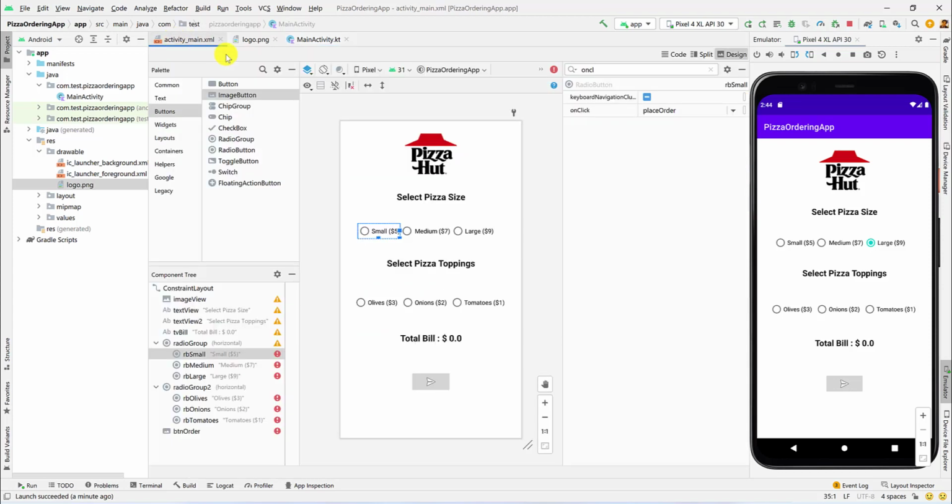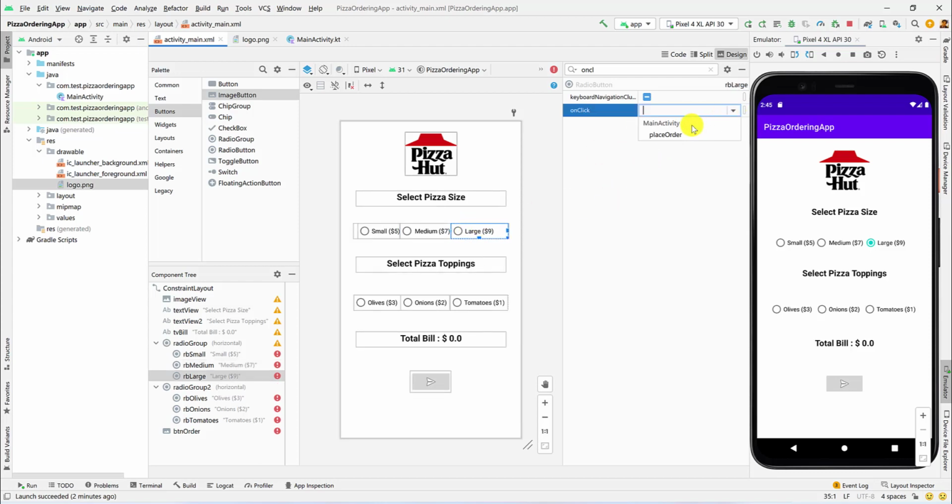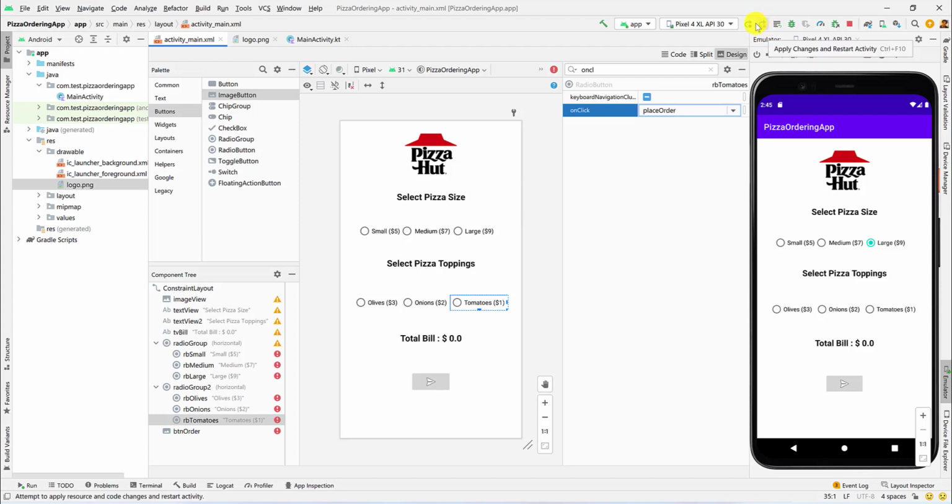So if I go back, similarly we need to repeat this step for the remaining radio buttons. If I click on this radio button, you need to change this on click property to place order, call this function. Large also, call this place order function. Olives, when we click on it, it should call the place order function. Onions, call the place order function, and similarly call the place order function when we click on the last radio button as well. So if we apply these changes, now if I click,